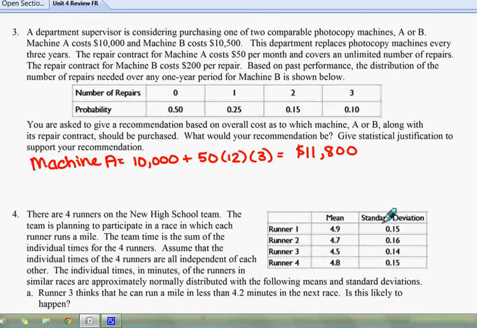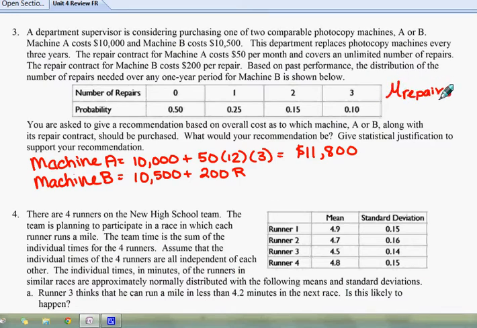We know that it's not even like saying an expected cost. It is the cost. There is no change in that. Whereas machine B is a little different. Machine B costs $10,500, and it's going to cost me $200 per repair. Well, the price then depends upon how many repairs we expect to get. So the expected value of repairs we have to calculate using our probability model, and the expected number of repairs is going to be